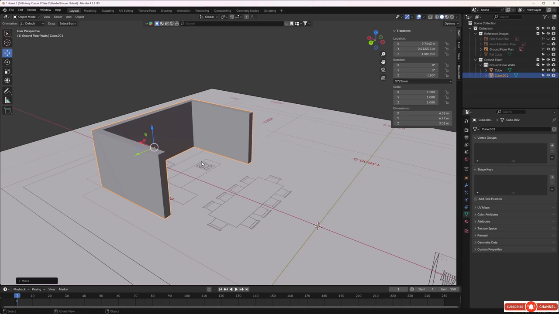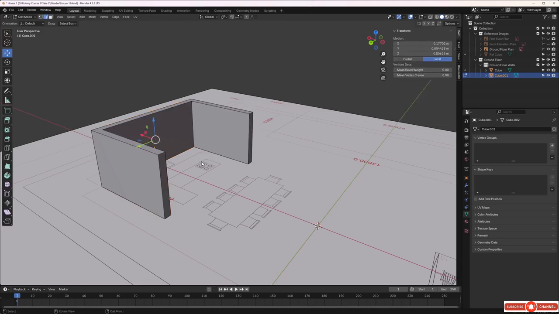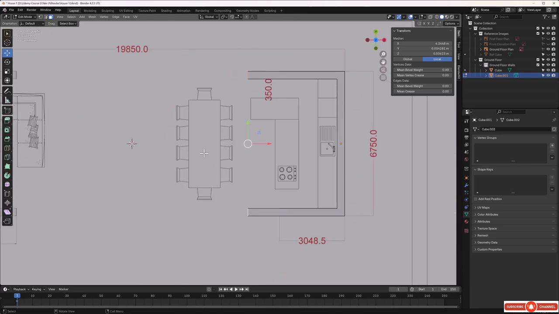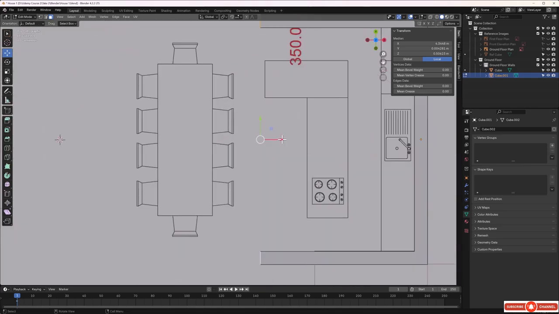So I'll tap into edit mode with this one. I'll hit the tab key. I'll press 3 on the keyboard so we can select faces. I'll grab this face here, I'll hold shift and grab this second face here, and now we need to go to the orthographic view, so I'll press 7 on the numpad and now I'll go ahead and take that back in the X